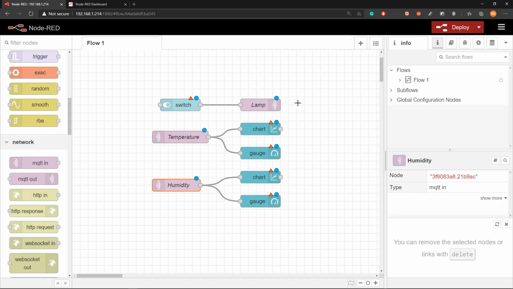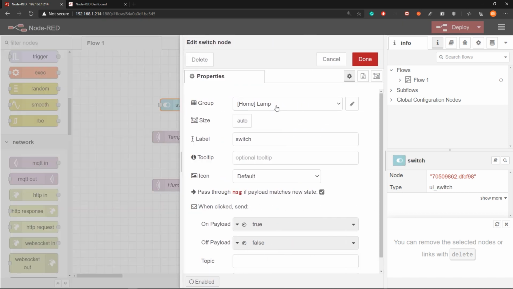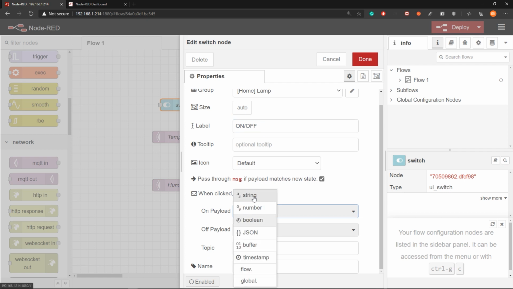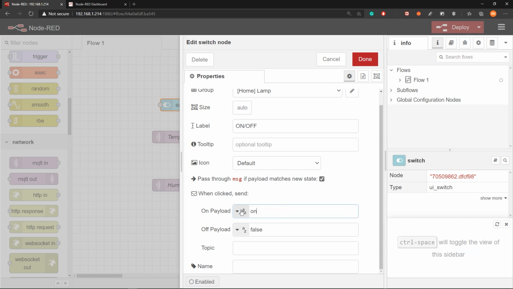Now double click on the switch node and select the group as lamp, and for the label type on/off. Here on payload, change this to string, and off payload also string, and change this to off, because when we turn the switch on from the Node-RED dashboard, it will send the string as on, and when off, it will send the string as off.